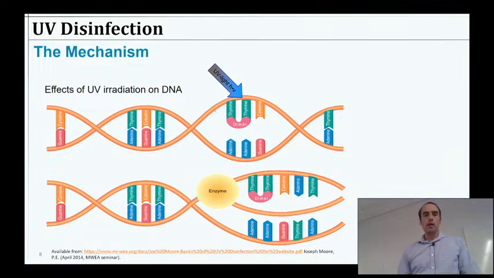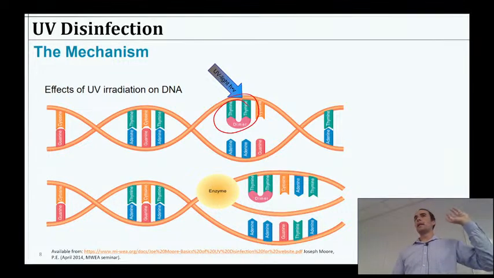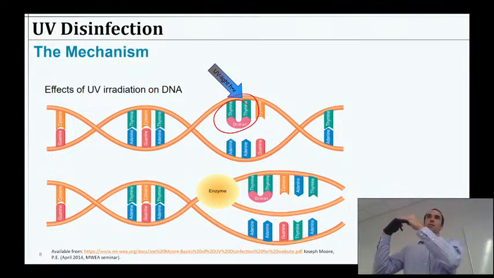So in particular, there are these base pairs from the DNA. Some of them are called thymine groups. And if you have two of those next to each other, you can get a thymine-thymine dimer. So it absorbs the UV light. It causes these two thymines to be reactive with one another. And that's the superglue sticking them together. And then when the enzyme from the cell comes through and tries to zip or unzip, it gets stuck there and doesn't know what to do. It just kind of kills the process. So that's the way UV damages DNA.